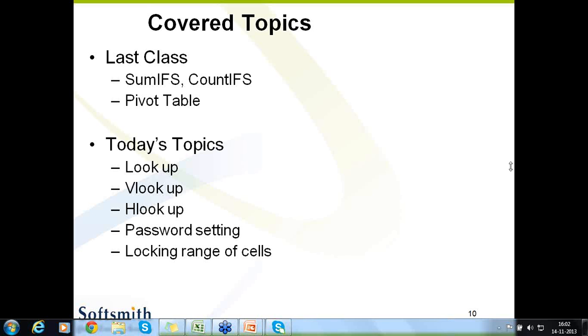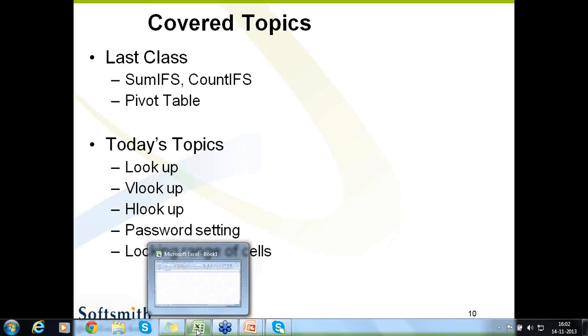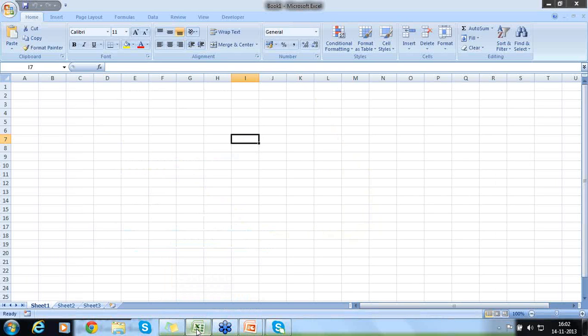Fine. I'll open the Excel sheet. Let me start with lookup. I've opened an Excel sheet. So Excel sheet is now visible to you all. So what I'm trying to do here is, we are into lookup now. So lookup, as we all know, I'm trying to look up a value somewhere. So as usual, I say name, amount,